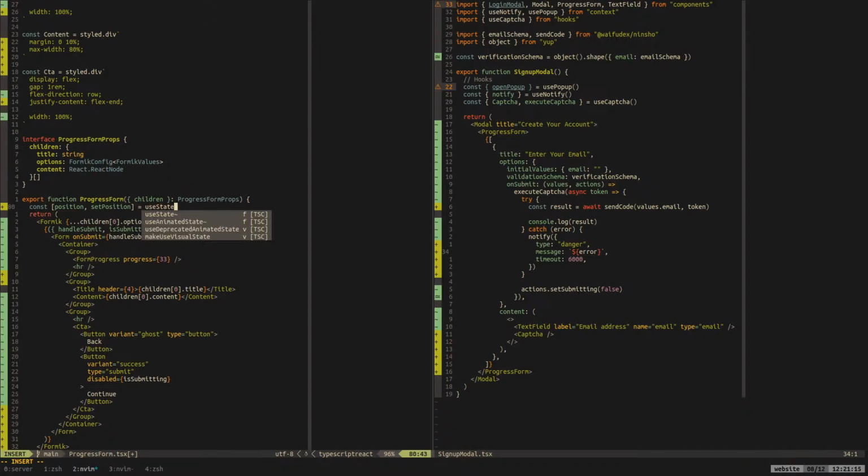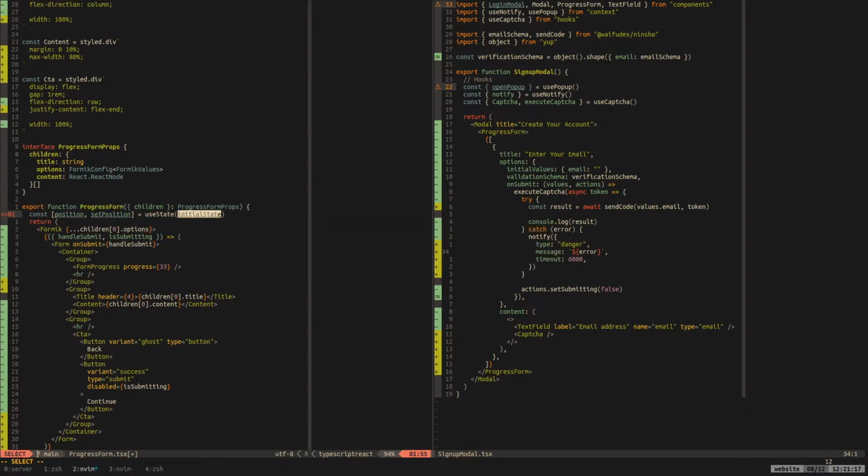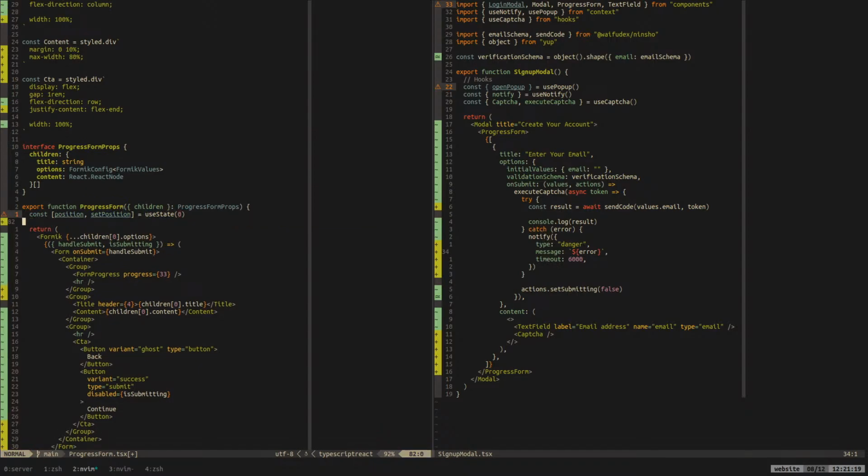I use state. We import that, and then we say 0, because that's what it would be. We change where we have 0 in here already to position. Stuff like that, and then we need to animate it, but that'll come later.